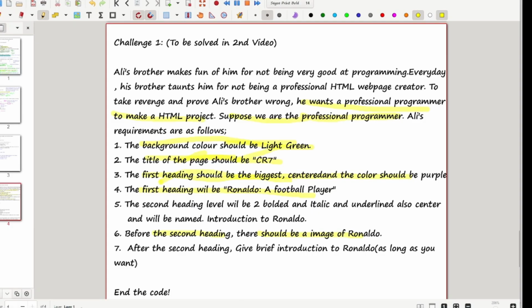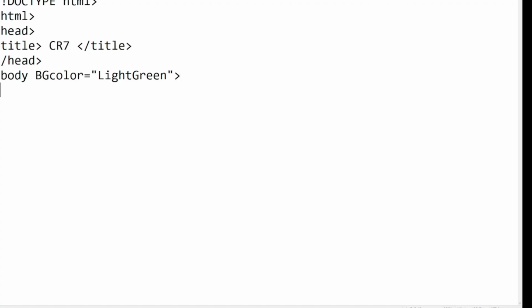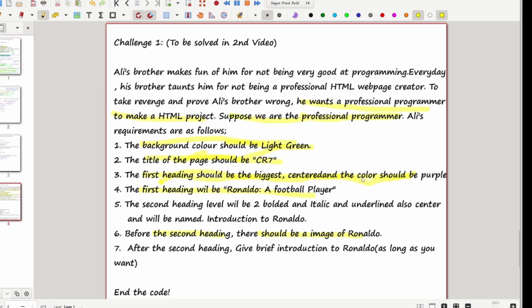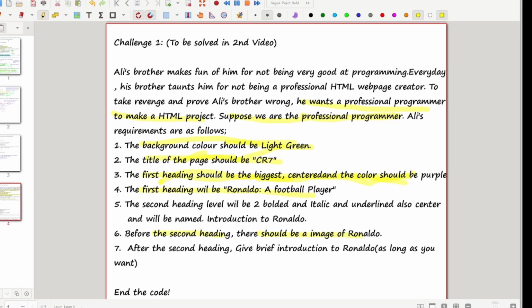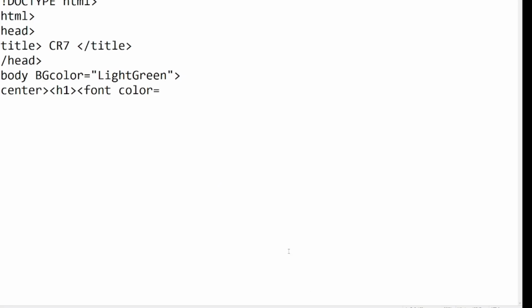Now the first heading should be biggest, center, and color should be purple. Body. Now there is first heading center. They are saying that the first heading should be centered. The color should be purple. Should be the biggest. So we will use H1 for it. And font color. They are only asking us for color. They are only asking us, the color should be purple. So color is equal to purple,